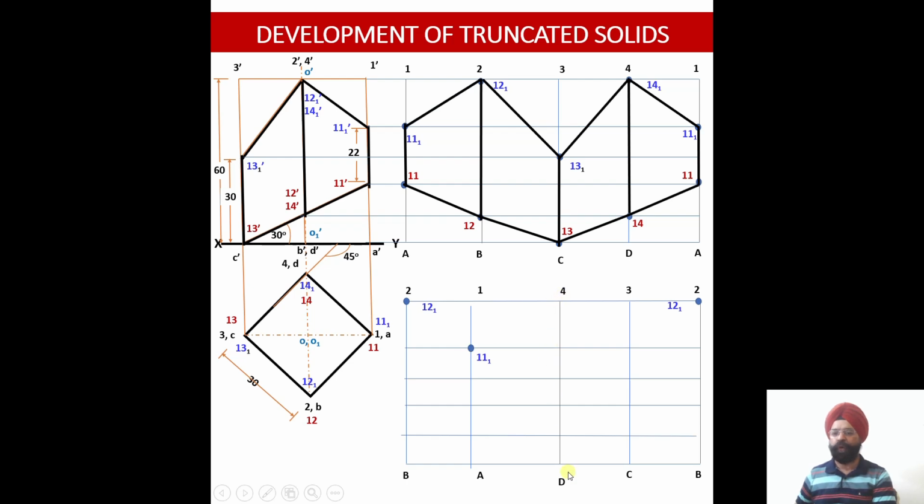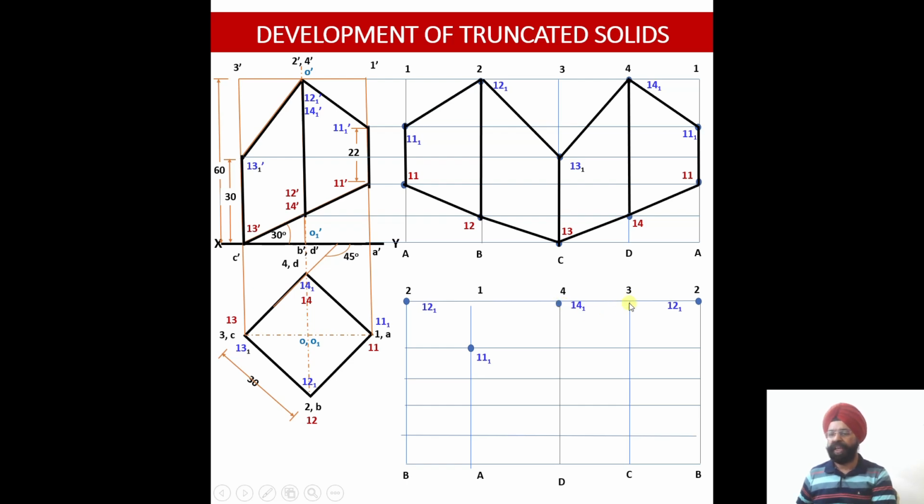Next is D4. You see D4. So where D4 is cut by the first cutting plane, you see D4 is cut by the first cutting plane at a point 14.1 dash. So if I draw the horizontal line, point 14 will lie on the first horizontal line. So I know the location of the first horizontal line. Now, where the first horizontal projector line lies here, the 14.1 is going to lie over here at the top projection line.